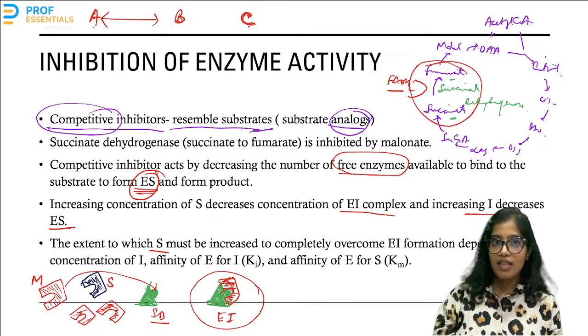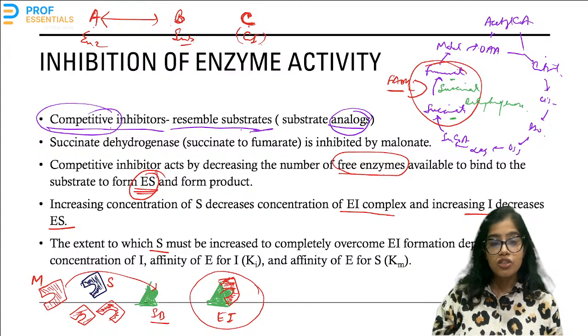So A here is an enzyme. B here is the substrate for which the enzyme has a lot of affinity. And C here is the competitive inhibitor who is coming in to attach to the active site of the enzyme. So if the concentration of the competitive inhibitor is increasing, it can go and form a few bonds with A, but A's heart lies with B only. So if you increase the concentration of B even a little, it is going to successfully displace this competitive inhibitor, and it is going to go back and form a bond with A.